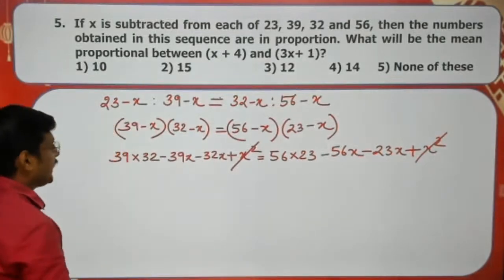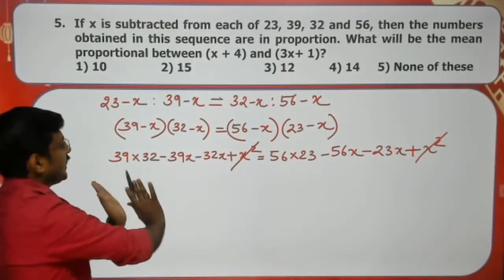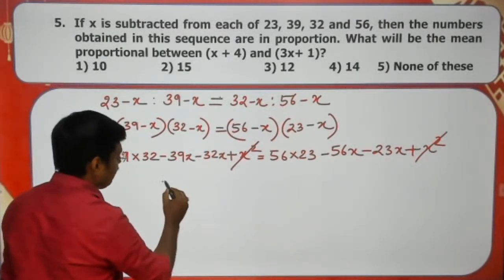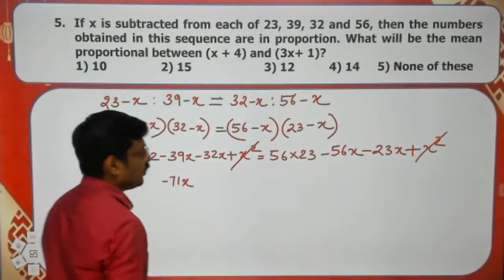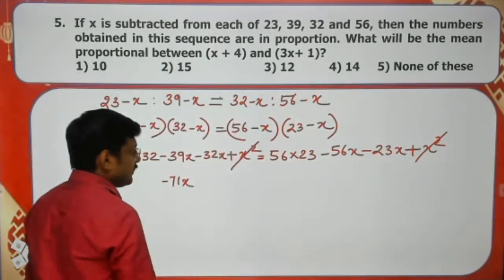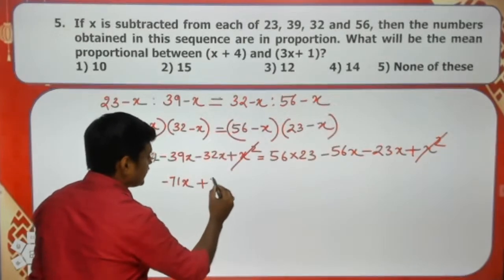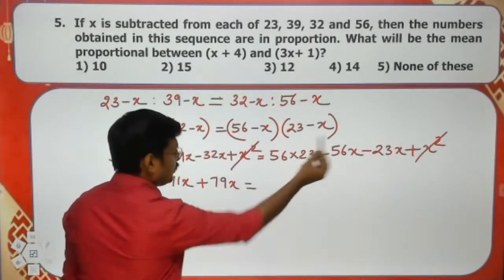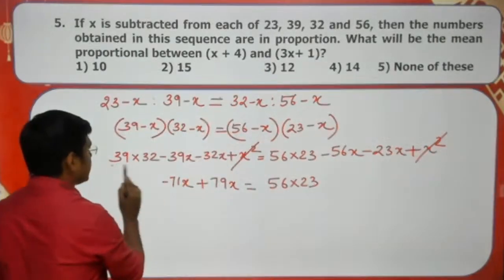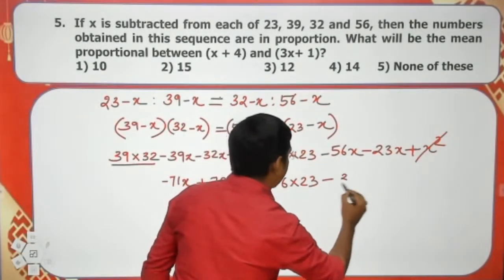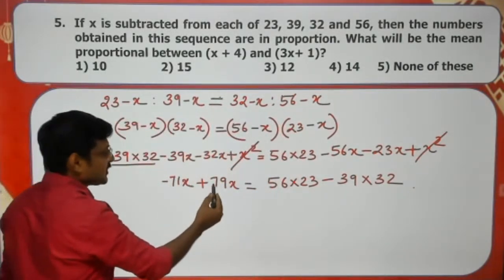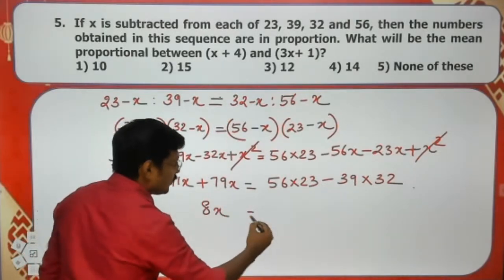After that, I am going to take x on the left hand side, I am taking the number to the right hand side. As a result of that, minus 39x minus 32x, so it is minus 71x. Here also 56 plus 23, so 79. On taking this it is plus 79x, which is equal to, here already it is 56 into 23, and I am taking this section, so minus 39 into 32. Okay. After that, minus 71x plus 79x, it is 8x, which is equal to